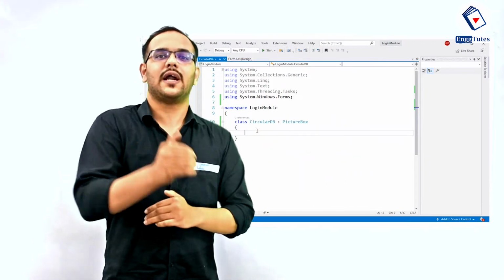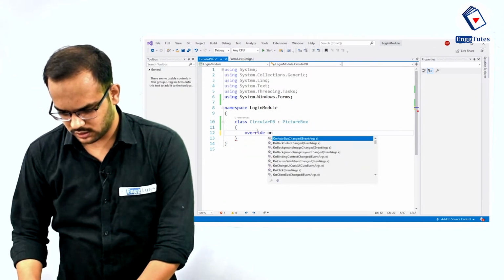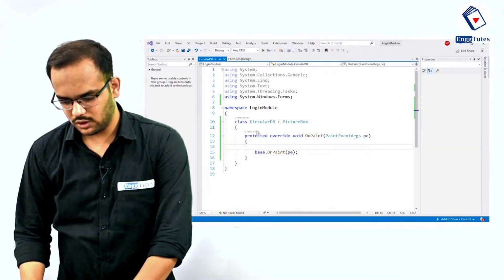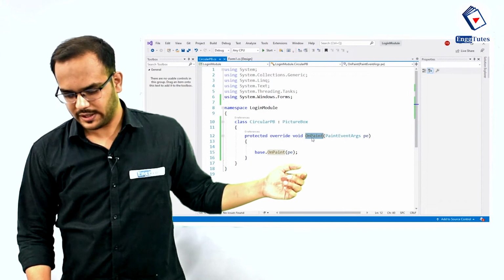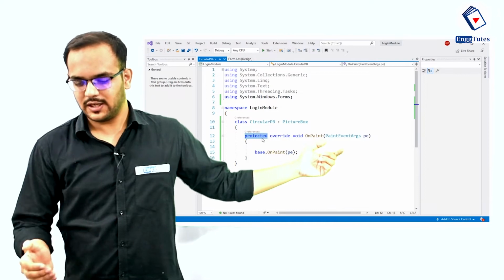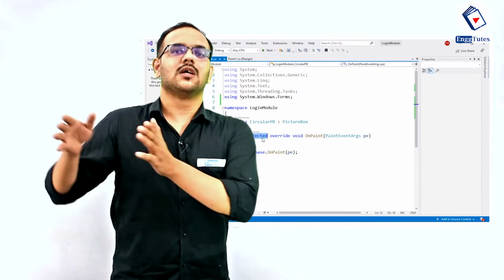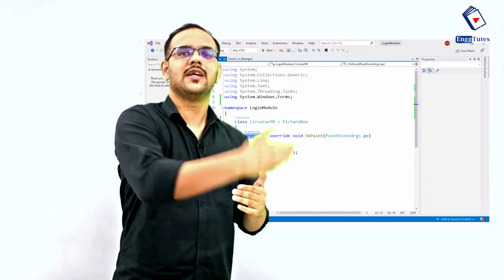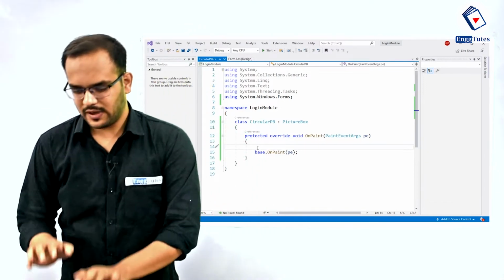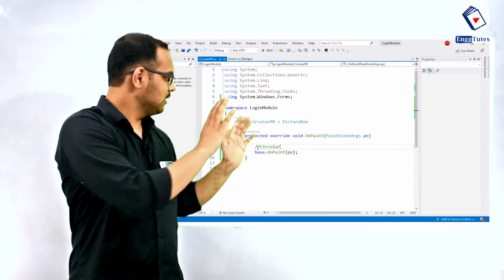So we are using overriding functionality over here, and the syntax is override OnPaint. So here is the method. That OnPaint method is protected in PictureBox, so we can use it over here. If it was private in PictureBox, then we couldn't override it, but since OnPaint is protected and we are inheriting from PictureBox, we can override it. Here we have to write the code to paint the picture box as a circle.